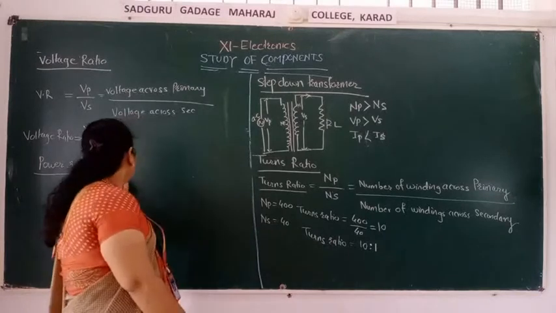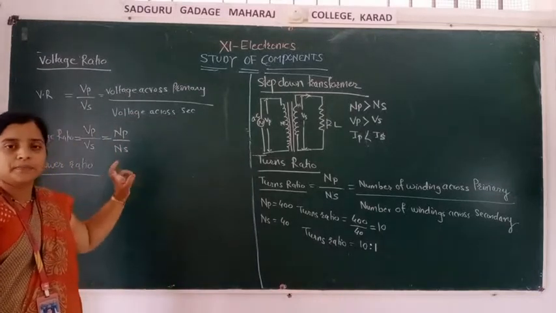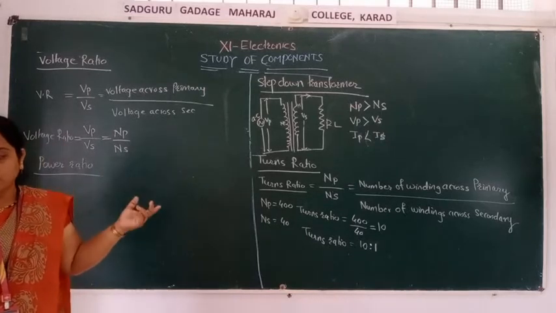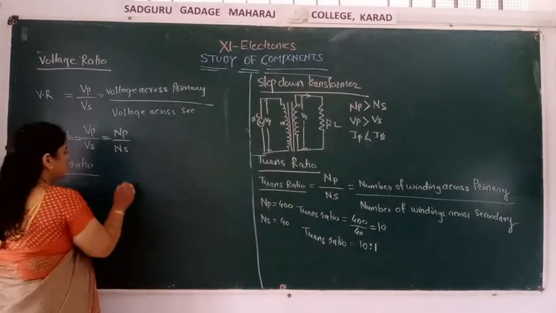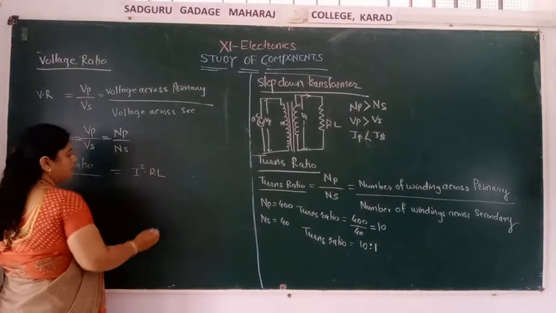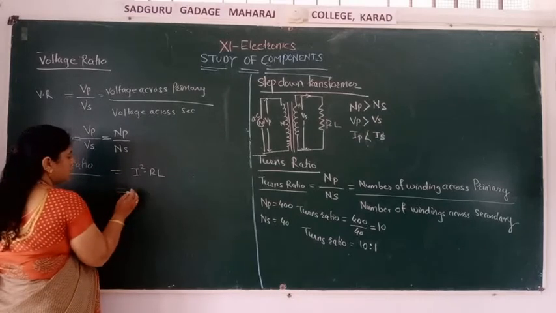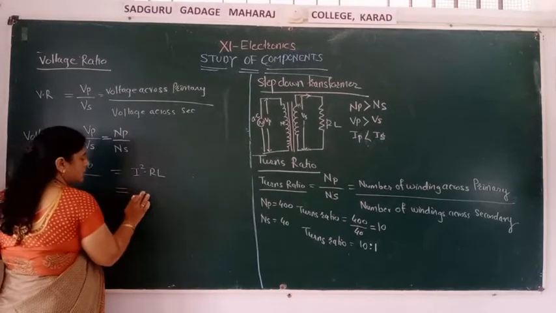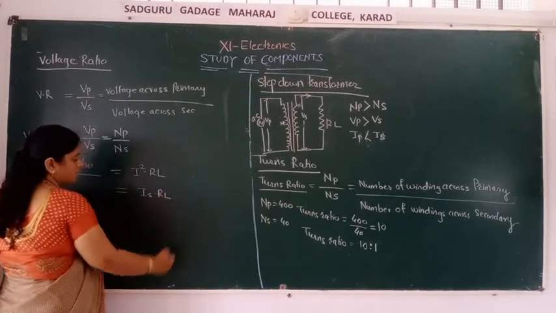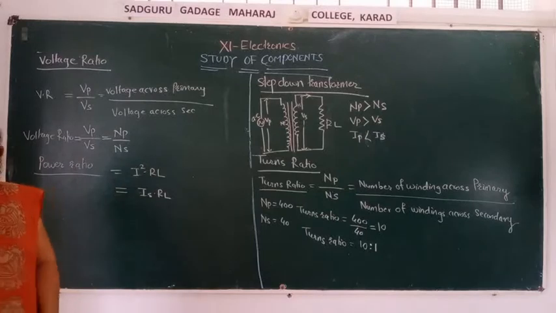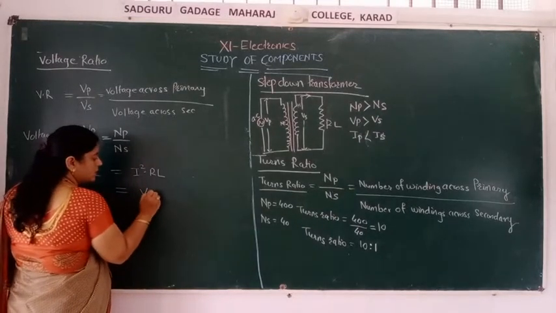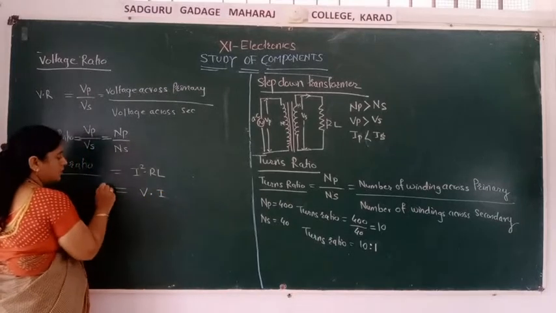Okay. So power is the product of voltage and current. Therefore, power can be written like this. Power is equal to I square into Rn, or it can also be written like this: I into Is into Rn. So this is the equation for V into I, voltage and current. V into I is what? Power. P is equal to V into I.